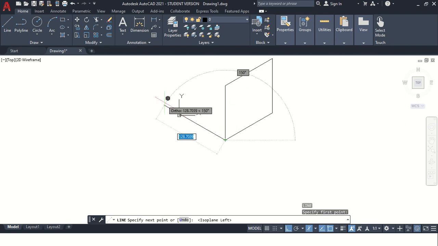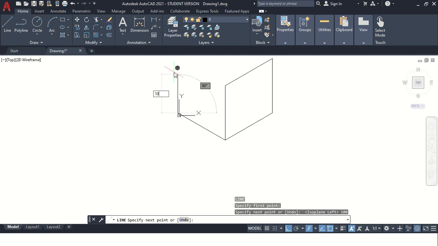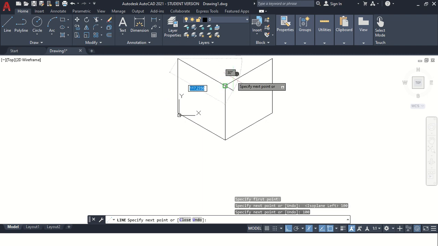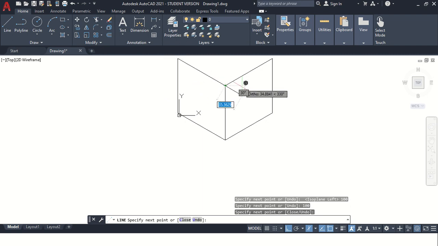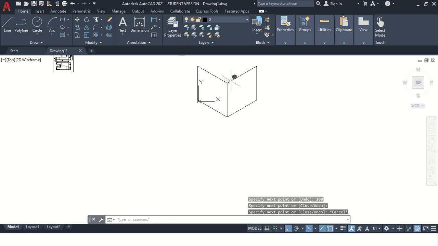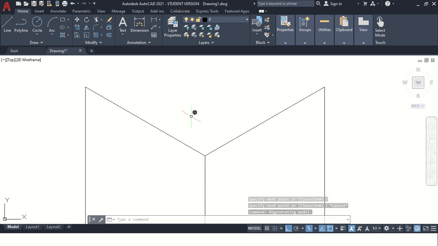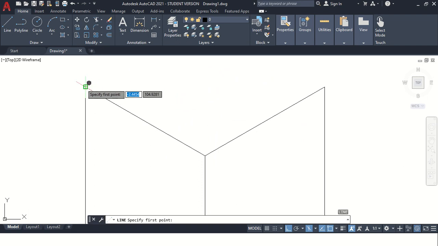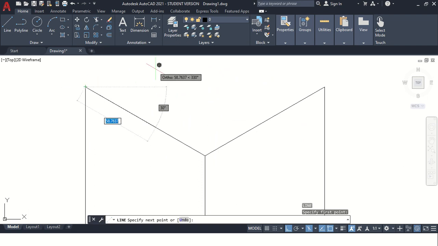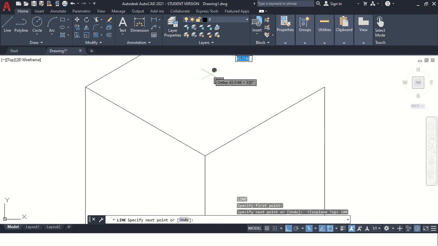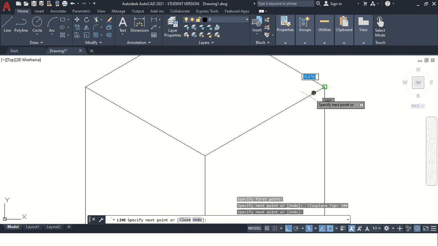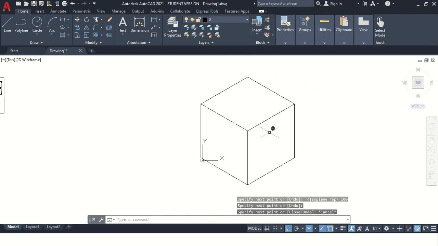We are working with the left plane now, vertical distance 100 millimeter, and again coming back to its original position. Escape. Again, I'll enter. From this point, change the plane F5, top plane, 100 millimeter, and then coming back to its initial position. So here we have drawn a cube.